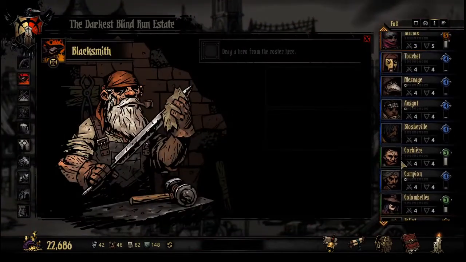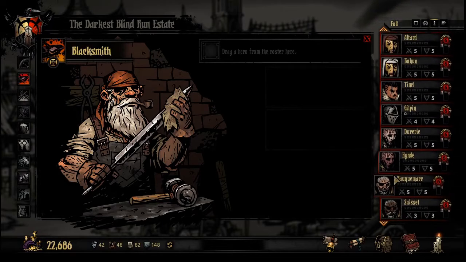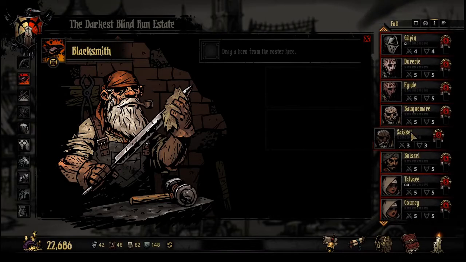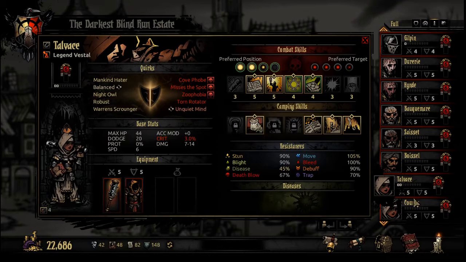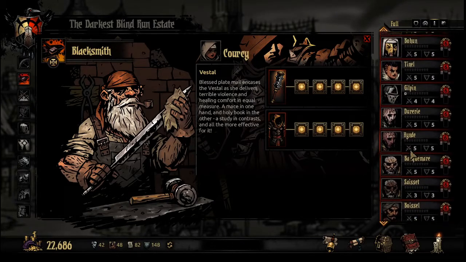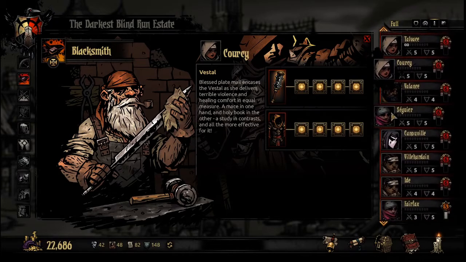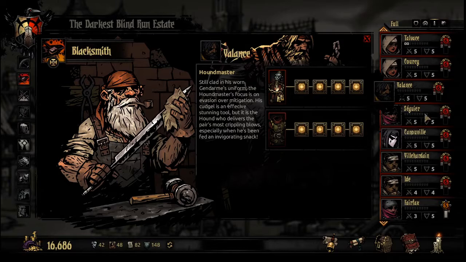So, let's see. If I'm bringing a Houndmaster, an Occultist, a Vestal, and a Man-at-Arms, actually... Okay. Actually, let's bring Corey. Okay, so Corey has... Alright, so... Where's my Houndmaster? I know I only have one. Balance. Let's upgrade your equipment. Lawbringer. And Jet. Alright. So...